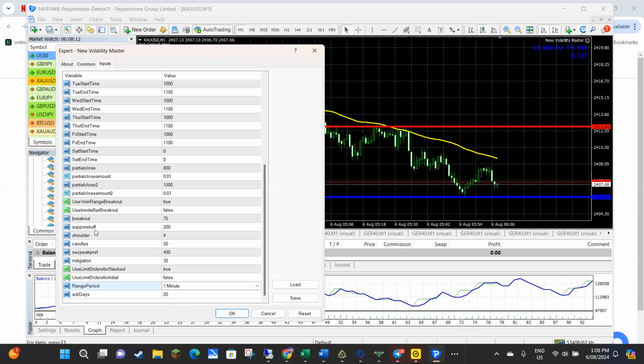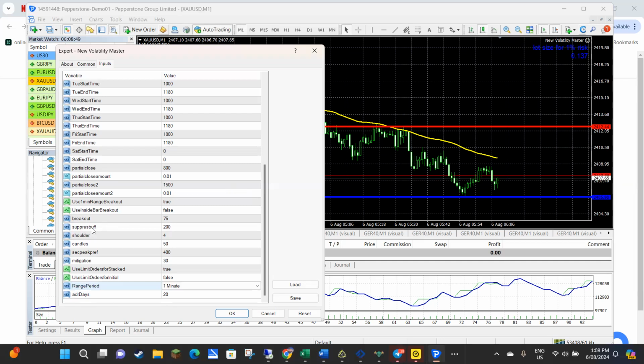Support, resist, buff. That stands for support and resistance buffer. That's nothing that you will see or really use yourself, but it's just one of the settings that the software uses to calculate the top and bottom of the range. So how it's calculating the top and the bottom of the range is it's found this low point, and that's where the bottom of the range is, and it's found this high point,